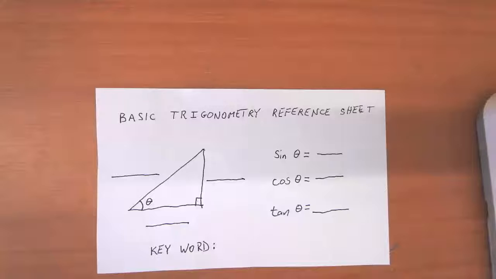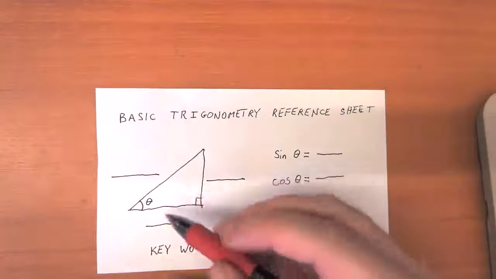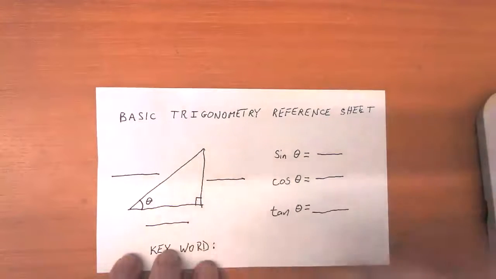of right triangles. But before we do that, I want to make sure that we've got a good cover of the basic skills we learned in the last module. And so I've got this reference sheet that I want you to print out and fill along with me here on this sheet. So we have here a right triangle, and I've got one of these angles marked with a